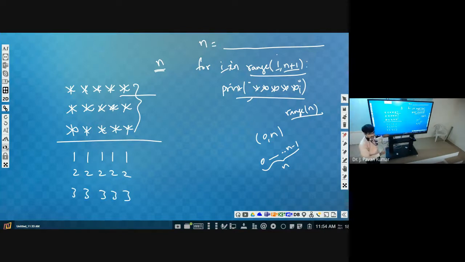Like this. Okay, I will give the number of rows. Suppose I give 2 as the input, the number of rows is 2, then you have to display these 2. If I give 3, you have to display like this. 5 means the 4th row will contain all 4s, and the 5th row will contain all 5s.